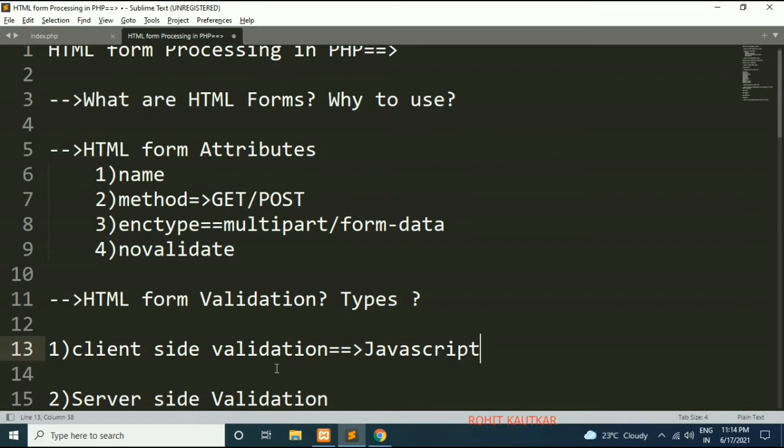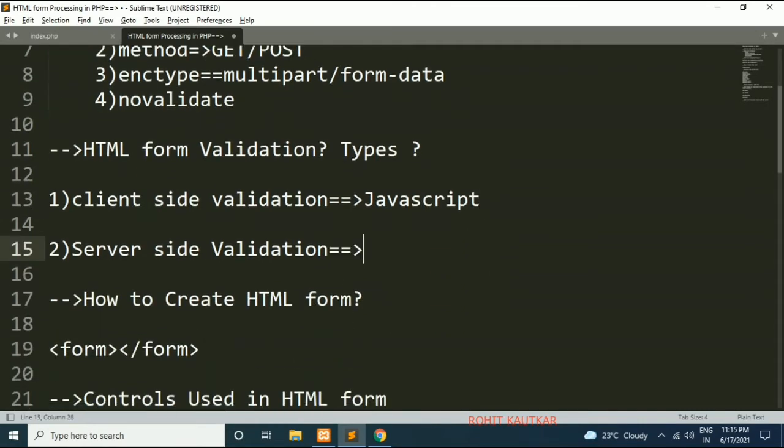The second category is server-side validation. From its name you can understand that server-side validation basically occurs on a server after the form data has been submitted. You can use server-side validation in order to validate the data before it is used by our application or before it gets saved within the database. If you store wrong data within your database, which will later be used by your web application, then definitely it will produce unexpected, wrong results, because you have processed the wrong data.